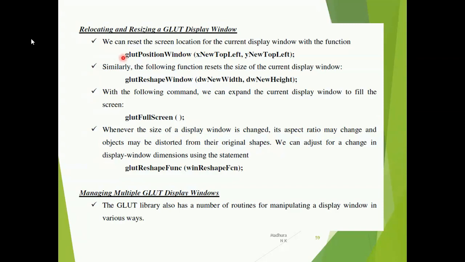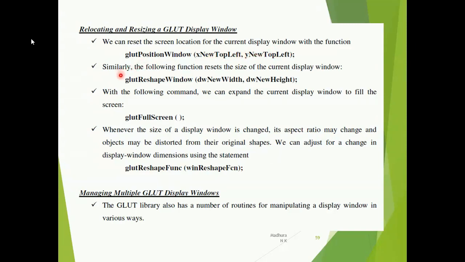If you want to change the position of the display window, you can use the function glutPositionWindow with values x new top left and y new top left. That means the top left corner of the display window gives you the position of the window. You can give any values for this function.